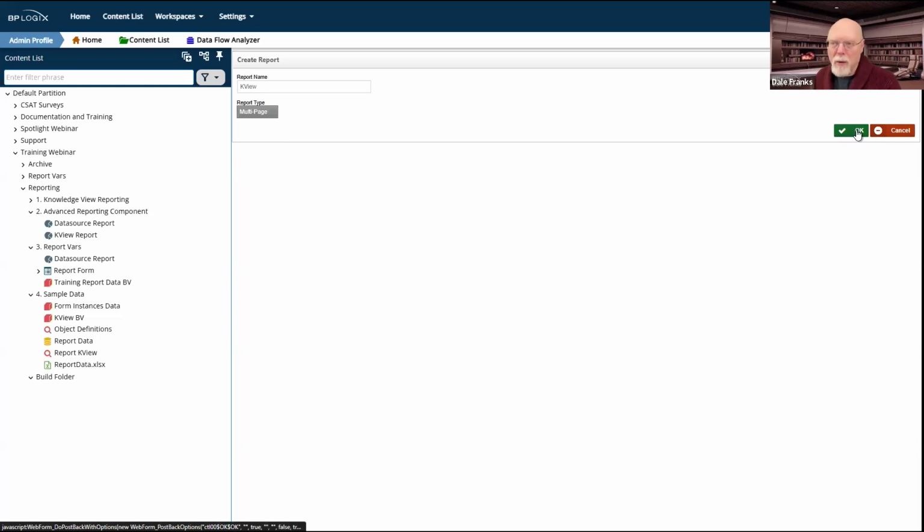This will allow you to take a report like, for example, we're just about to show 2,000 rows of data. We're going to need a multi-page report for that. A portlet report or a dashboard report might be great if we are going to show some graphics. Now, we're not going to have time to get into the details of building infographics in the report generator. We're just not going to be able to do that. First of all, the report generator is going to be complex enough for us to get through it here. Never mind trying to get into the separate feature of infographics, of which the advanced reporting component has a ton that you can use.